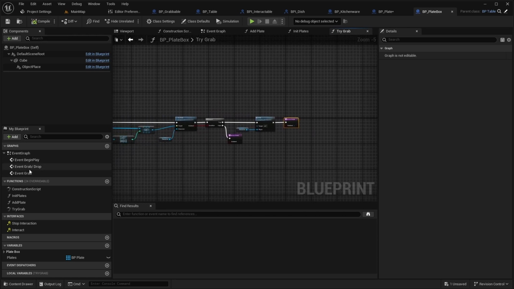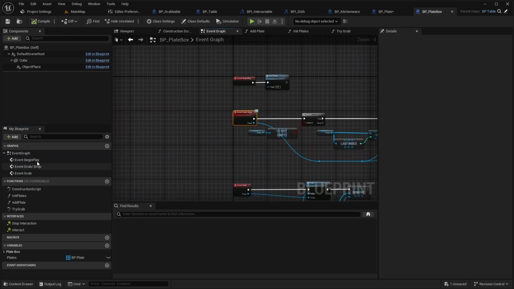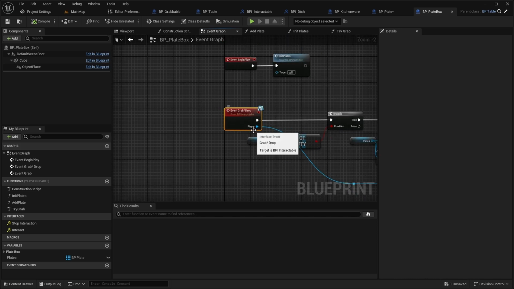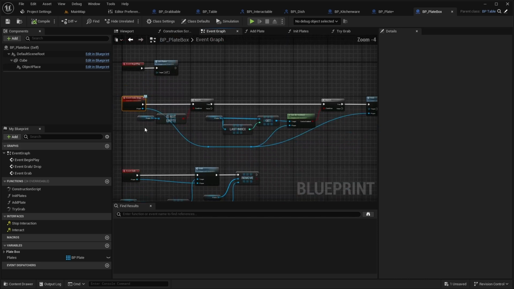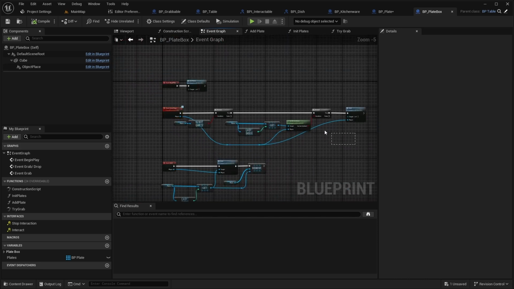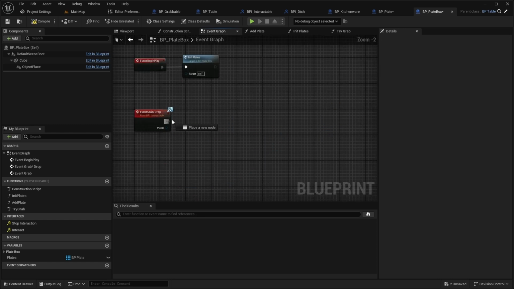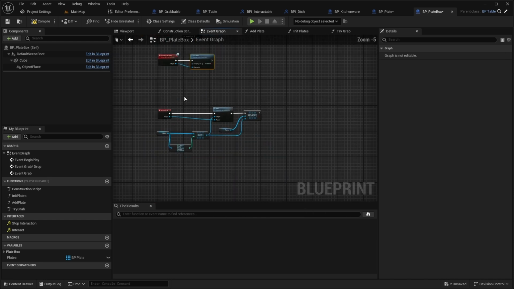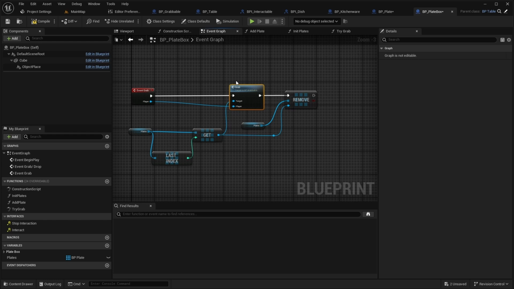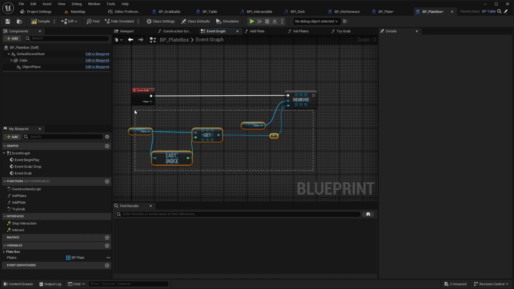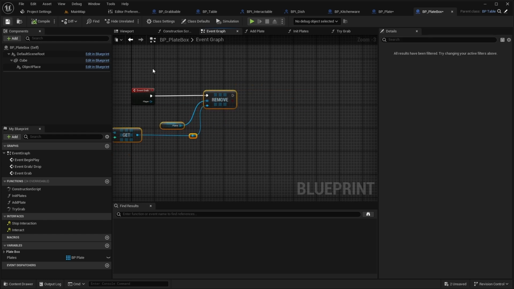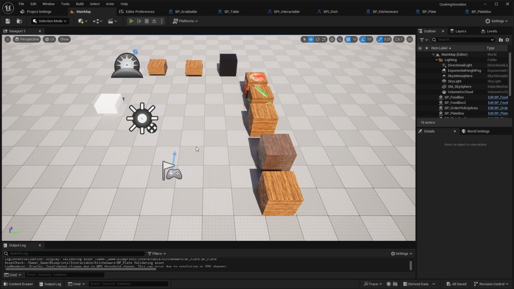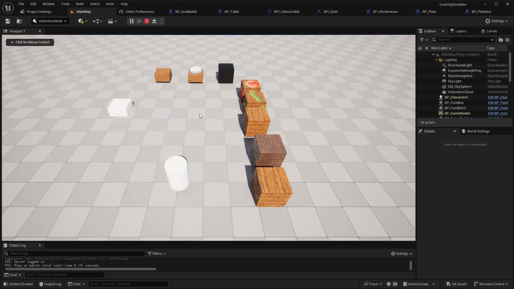Now open the event graph. In the grab drop event, leave only the call to tryGrab. In the grab event, remove the last plate from the array. Let's check how it works. Open the map, run the game